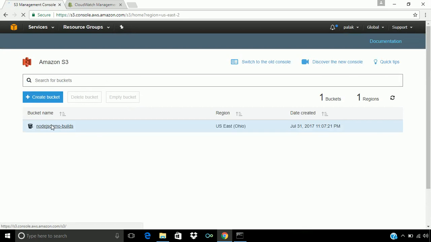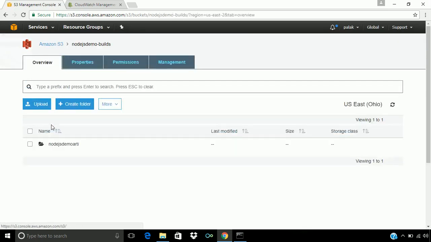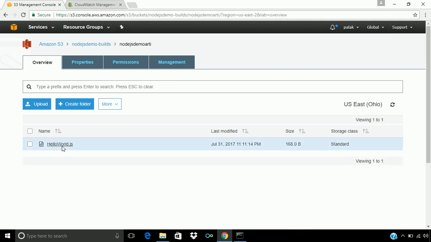Here, when we click on our bucket, we can see one file, that is the artifact name which we have given, that is Node.js demo artifact, and in that the helloworld.js file has been created. If we remember, in buildspec.yml we defined that in artifacts we require the helloworld.js as output.